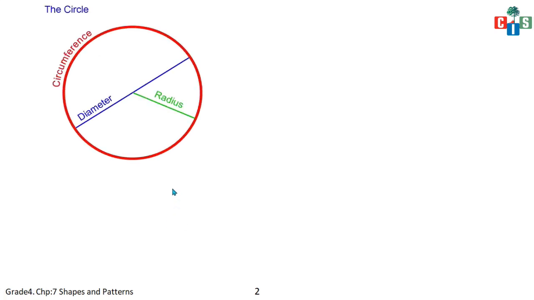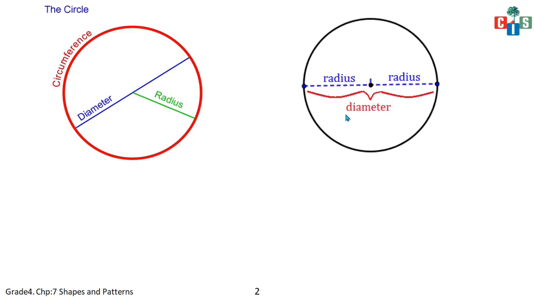Now moving on to the next topic which we covered is circle. In circle we saw what is called circumference, what is called diameter and what is called radius. And we have the center here. Circumference is the boundary, diameter is the line which passes from one point to another point on the circumference, and it passes through the center. Fine. And radius joins the center with the circumference. That's the definition. And we also saw the relation between the radius and diameter.